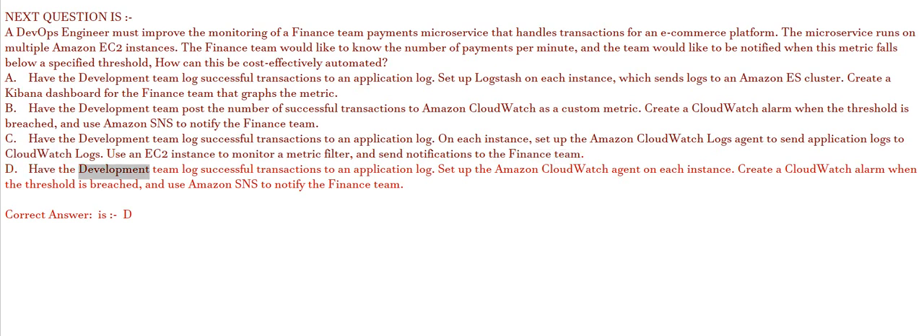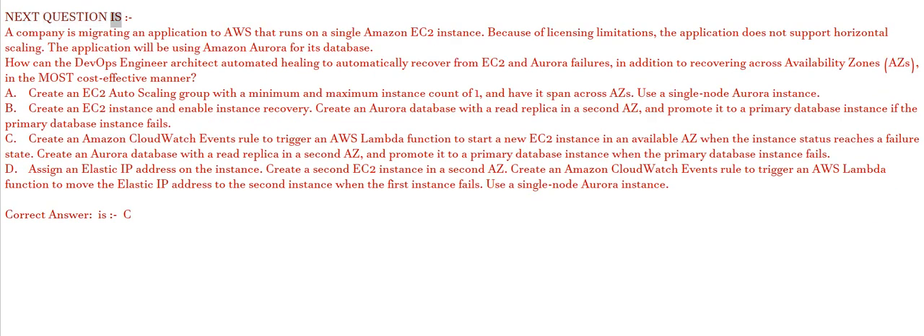D. Have the development team log successful transactions to an application log. Set up the Amazon CloudWatch agent on each instance. Create a CloudWatch alarm when the threshold is breached, and use Amazon SNS to notify the finance team. Correct answer is D. Next question is: a company is migrating an application to AWS that runs on a single